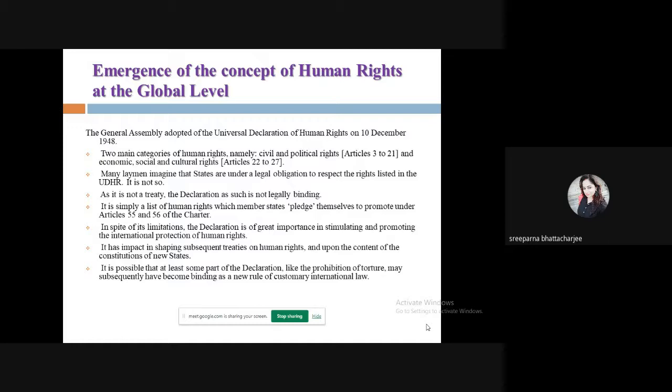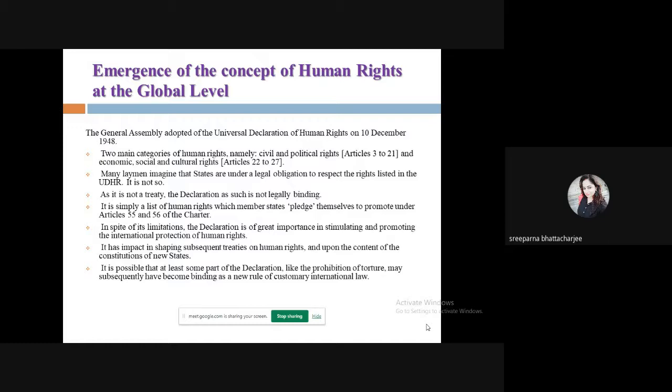So at that point of time only, the United Nations organization was established, and soon after that, in the year 1948, the Universal Declaration of Human Rights was made. And this UDHR is known as the final document on human rights. It acts as the guideline, or we can say it is something,